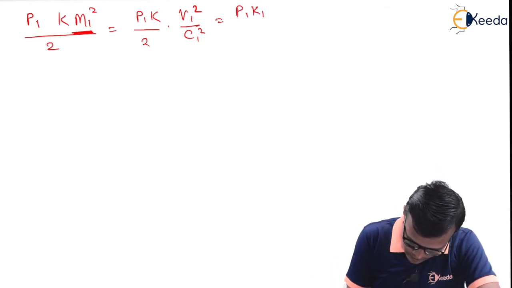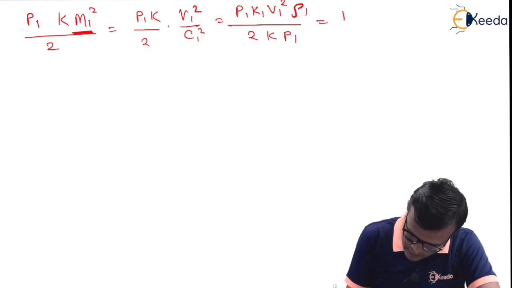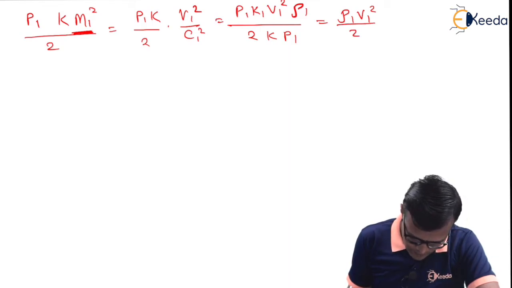So P1K times V1 square rho 1 upon 2K P1, that is equal to rho 1 V1 square upon 2. So replacing this term, I will have